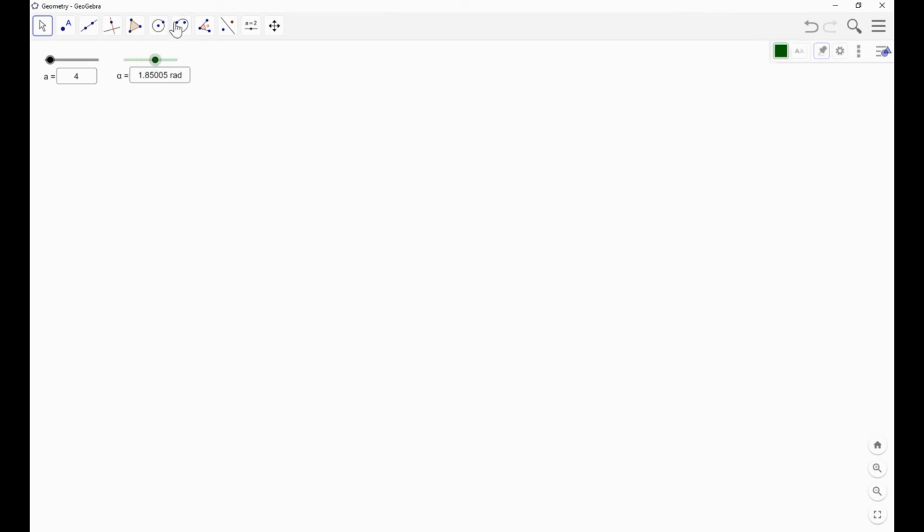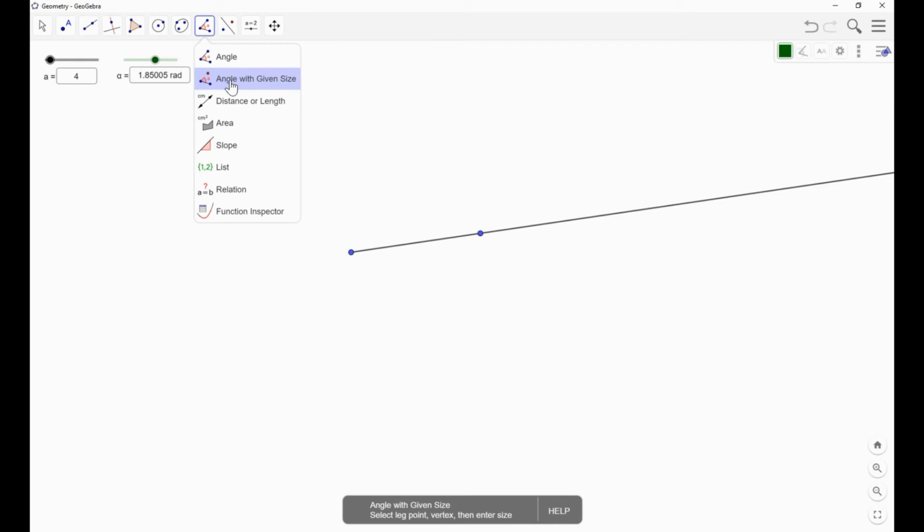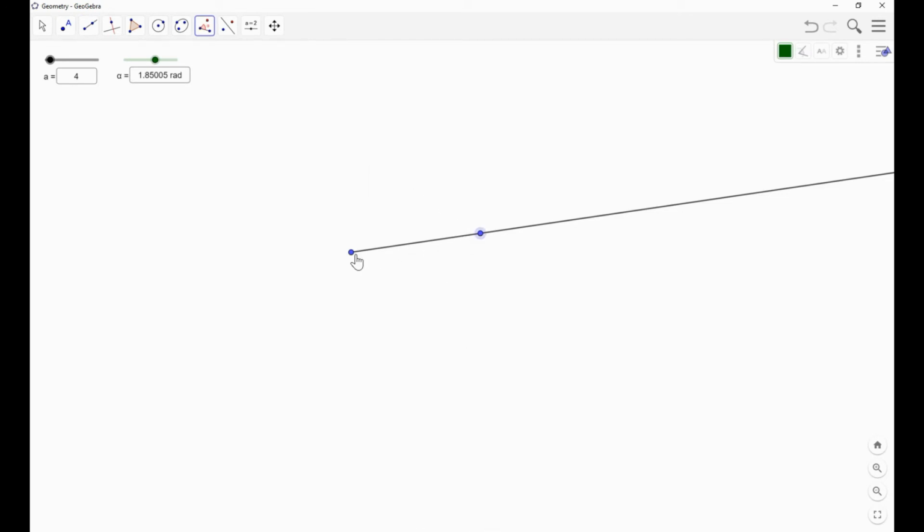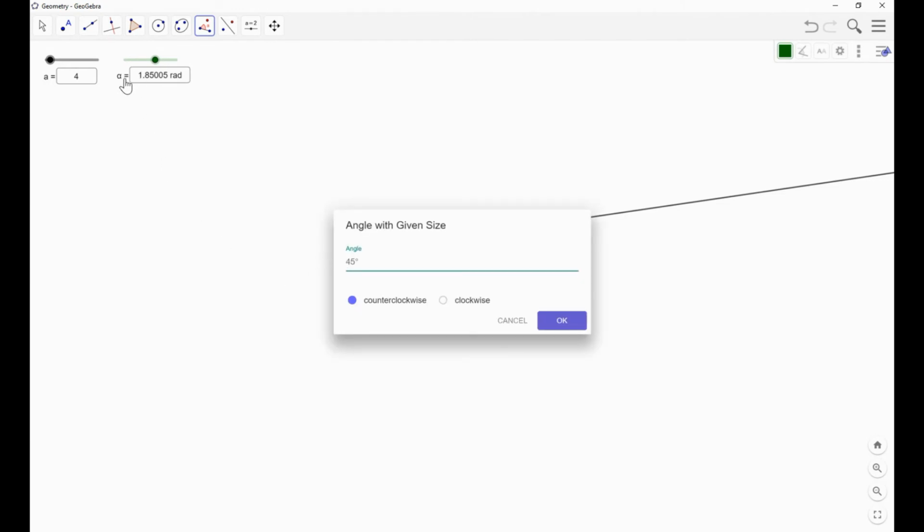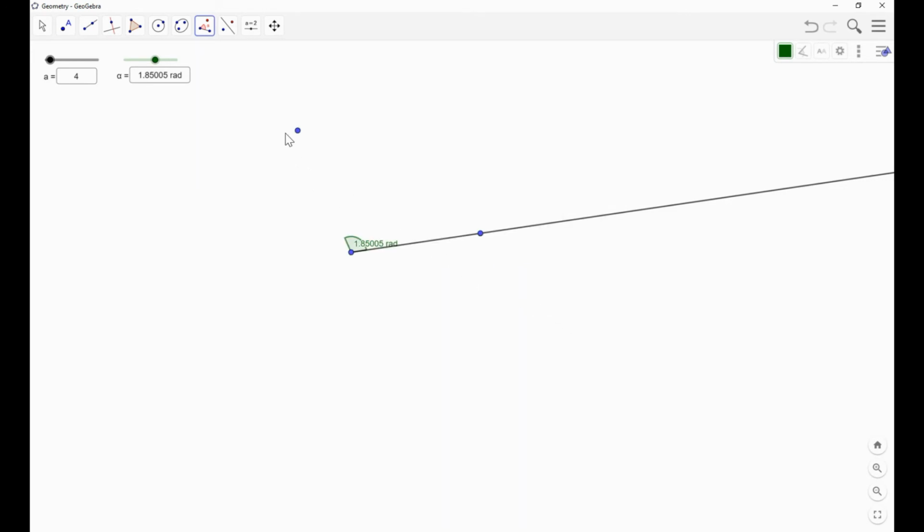Okay, so when I have an angle slider here, let's say I want to make an angle of that size. Then of course I can start with the ray for my initial ray, and then I can go here to angle with given size. You select a leg point, a vertex, and then the size. So here's a leg point, and there's the vertex, and the size I want to be controlled by alpha. Again, I think I still have that in my clipboard, so I can just paste there, and there it gives me. Now it doesn't actually give me the angle. It measures that angle,